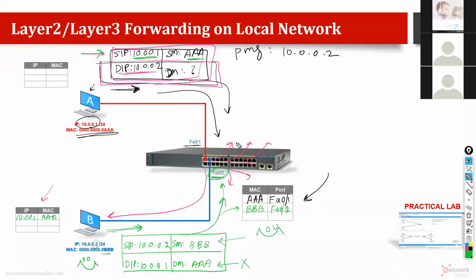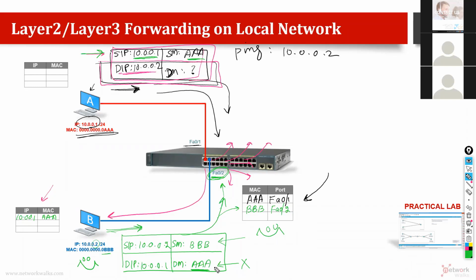So will it do the broadcast this time, or does it already know where to send? Broadcast or no? Yes, very good, Tommy Joshua Kinga. So it will just send a straightforward message. Why no broadcast this time? Because we know the destination. The broadcast only happens when we don't know the destination, right? When I want to talk to you guys, if I want to talk to Gene, I will say, hey guys, please reply to me, whoever is Gene. But if I know who is Gene, I will say, Gene, you have to do this work tomorrow. I will just talk to him directly. No need of broadcast if you already know to whom you are talking or where he is.